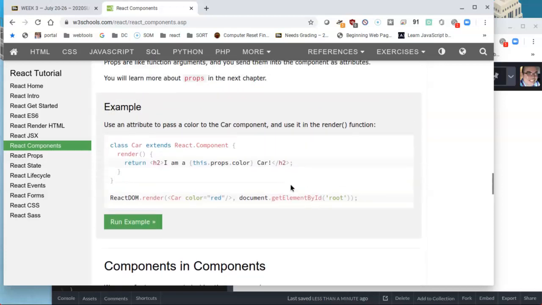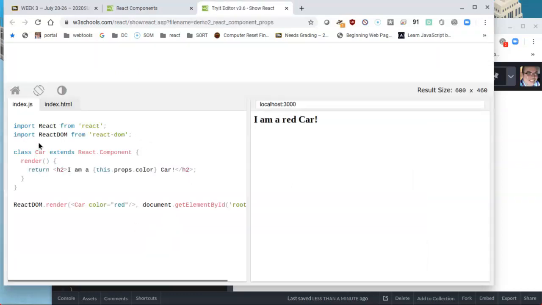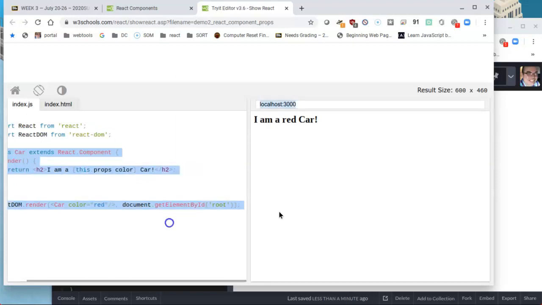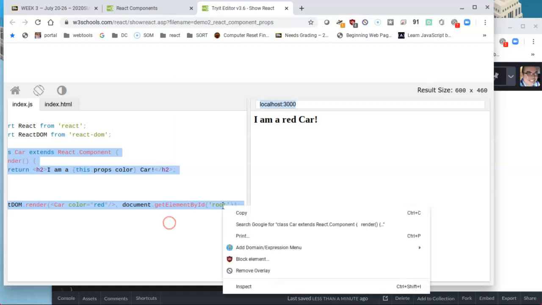Let's go ahead and do the sample. We're going to use an attribute to pass a color to the car component, which is very much like the one we just did, which is telling it that the car is red, or as we did, change it to blue. Since we're going to be talking more about props later, I'll just run the sample. I'll begin by copying the class all the way down to the render code, copy